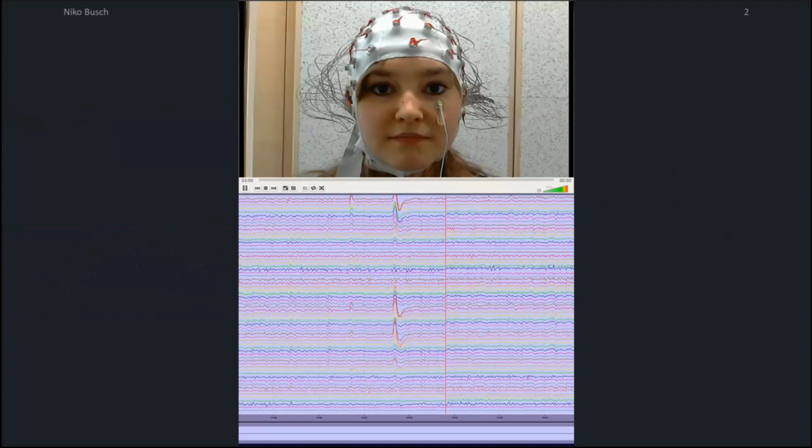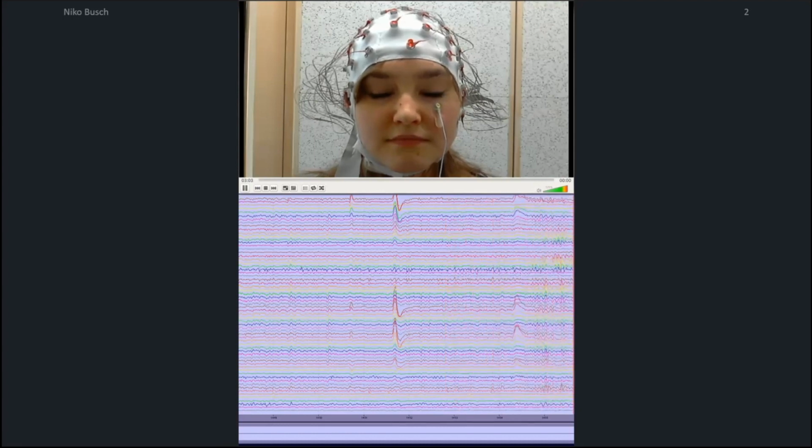In case you're not familiar at all with the alpha rhythm, I wanted to show you an example that maybe illustrates why I've been so fascinated with the signal, basically since I saw my first EEG recording many years ago. Of course, those of you who are working with EEG know exactly what I will be talking about. So this is a subject in an EEG experiment, and we will see the EEG signal recorded from her.